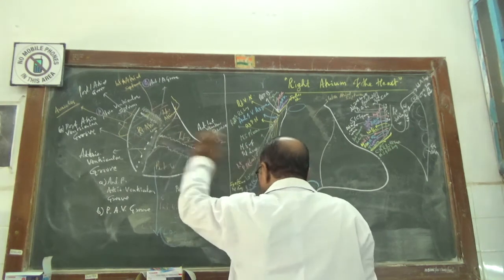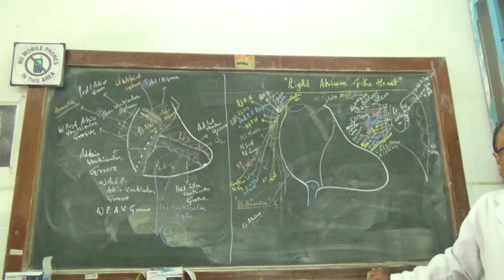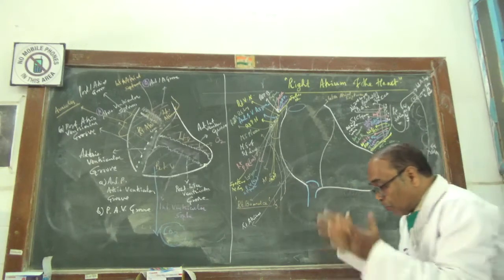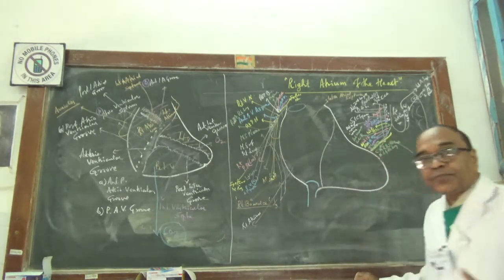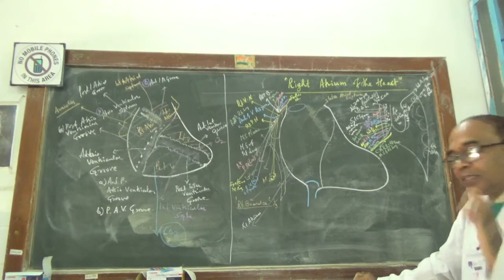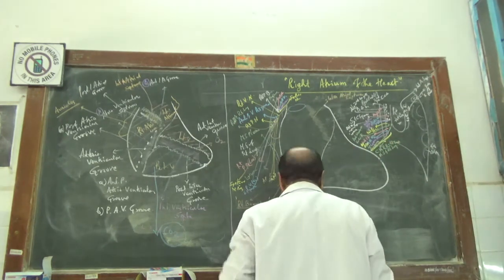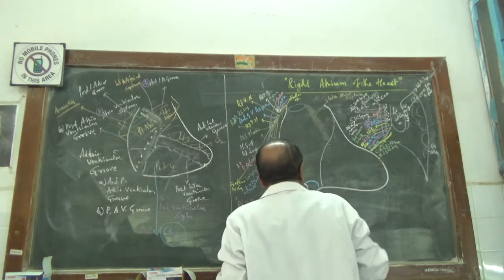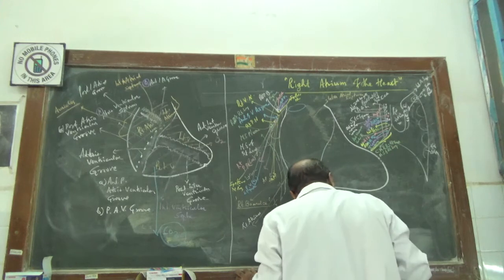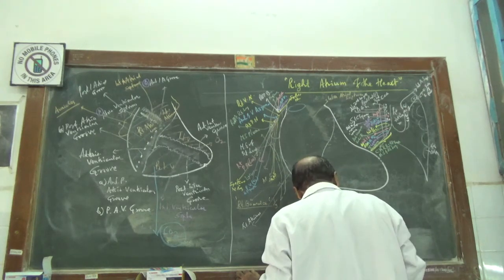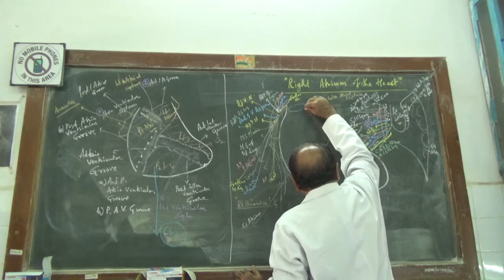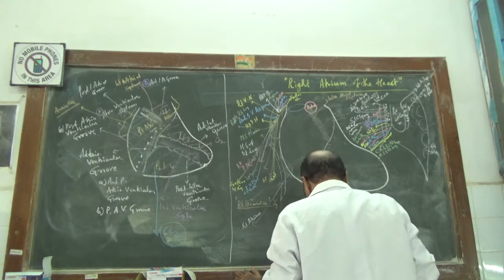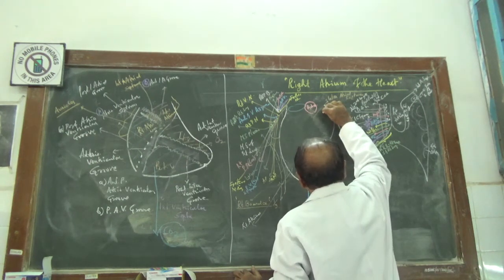So this is the relation of the right atrium laterally. Now medially, it is limited or guarded by the aorta and the pulmonary trunk,